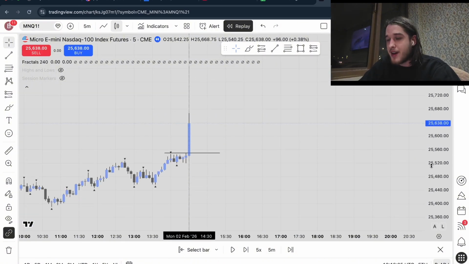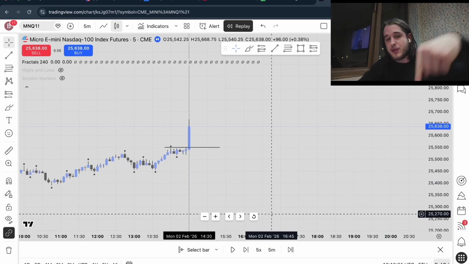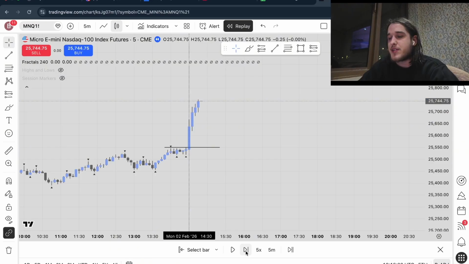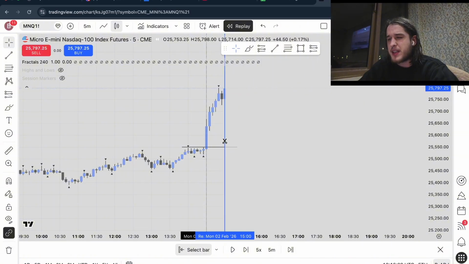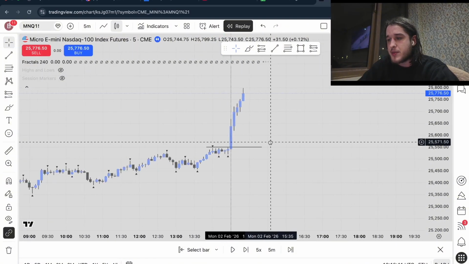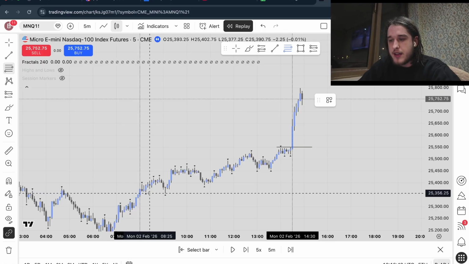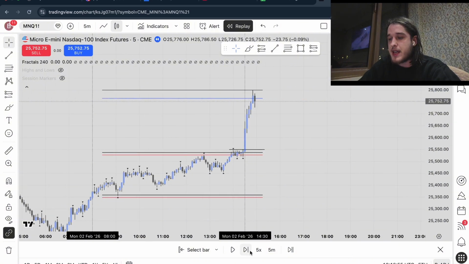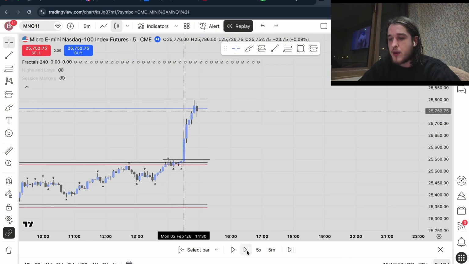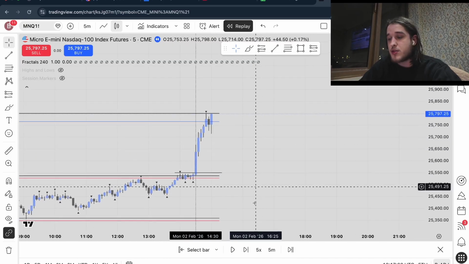Boom, we instantly sweep this high, and now we are waiting for our first bearish candle, our first down candle, to form the fake out zone. So we are waiting, and then boom, we get our fake out zone formed here. I'm going to bring it back just a tad, because we actually do also get, as well as an insta sweep, we get an insta fake out. So what we're going to be doing for the fake out zone tool attachment is taking the lowest point of previous session to our highest point after our first candle, and then we are going to wait for it to get tapped. As you can see, boom, we get an insta fake out just like the insta sweep,